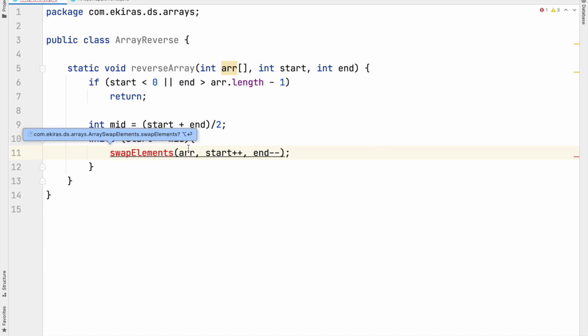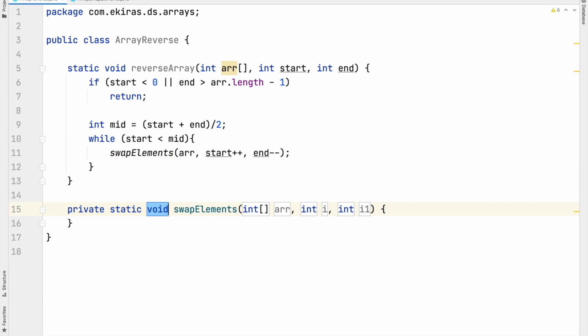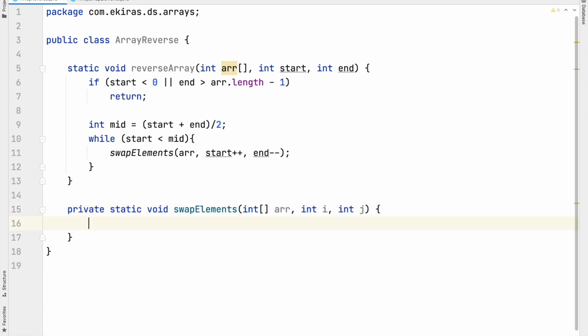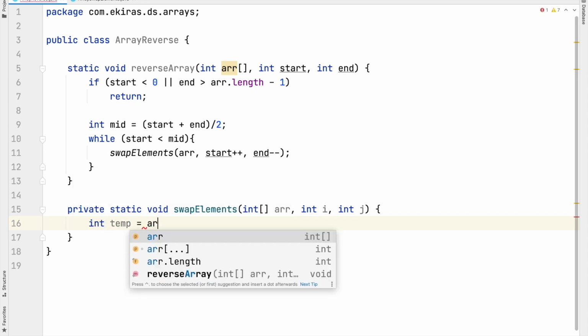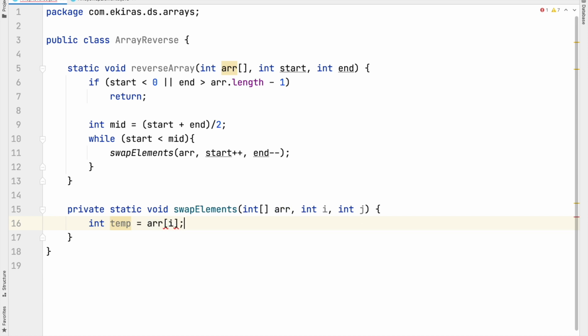So let's create the method swapElements. For this we will take a temporary variable and assign it the value of array index i. The array index i will be assigned the value of array index j, and the value of array index j will be temp. So this will swap the elements at index i and j in the array arr.